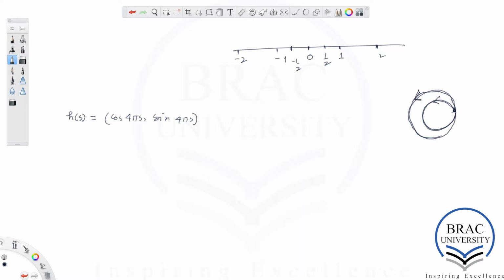So the first circle means that it's a loop. This is (1, 0). Okay, so it means that we start at this point, go counterclockwise, come back to the same point (1, 0),